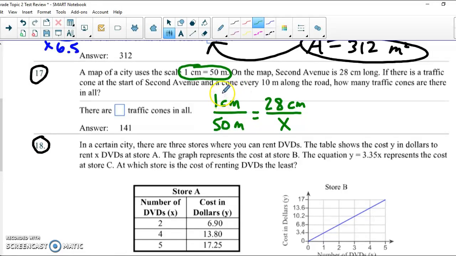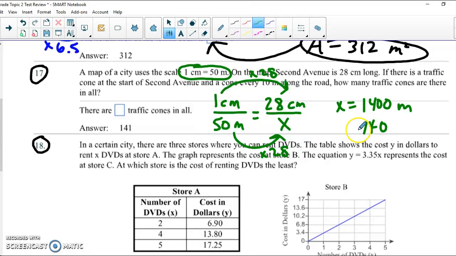So I see that I'm going to turn a 1 into a 28 by multiplying by 28. So if I do that on top of my ratio, I also have to do that on the bottom. And when I multiply 50 by 28, I get 1,400 meters. Now, what I know is that there is a traffic cone every 10 meters along the road. So I need to find out how many tens are there in 1,400. So if I divide this by 10, I find that there are 140